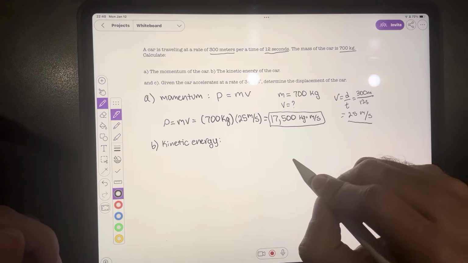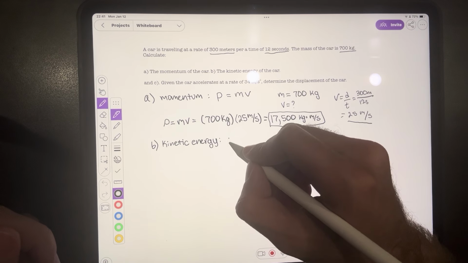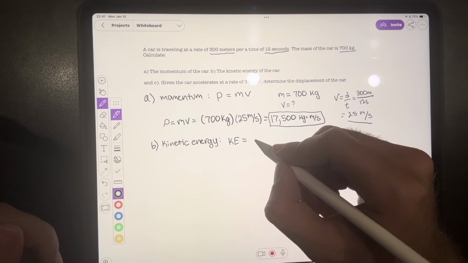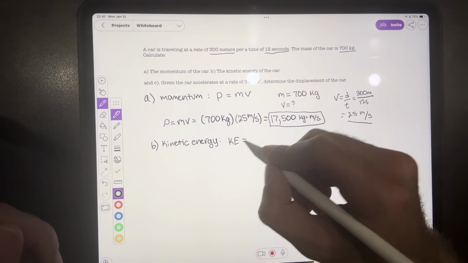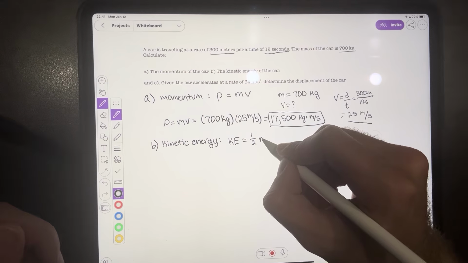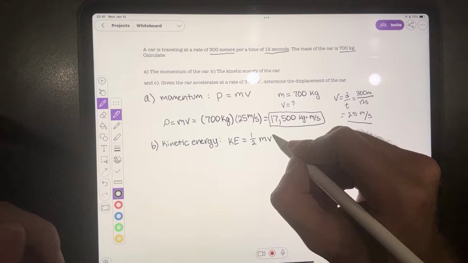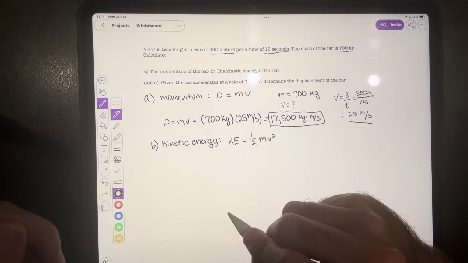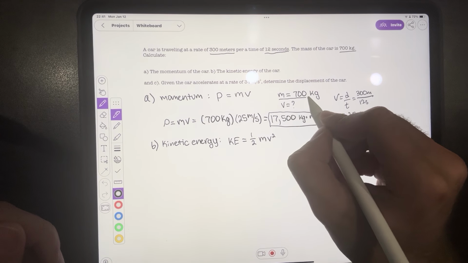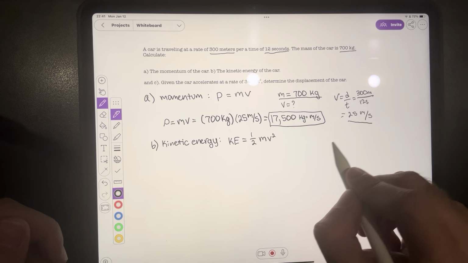Now, the kinetic energy is conceptually determined by a formula where kinetic energy is half times the mass times the velocity squared. Now, the good thing is we already know that the mass is 700 kilograms and that our velocity is